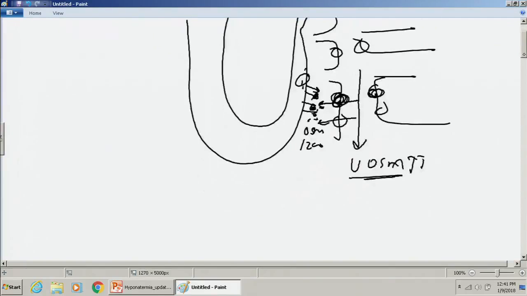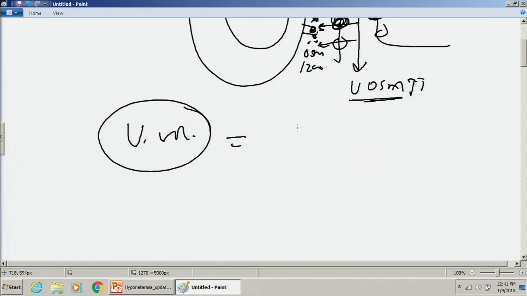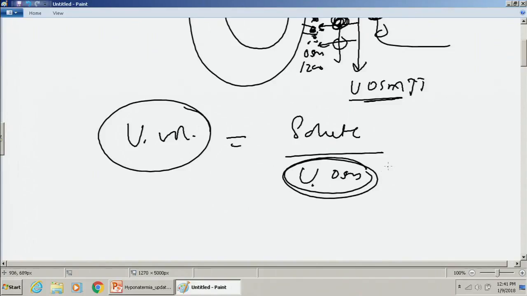So why I brought this up is just for you guys to understand what is going on with SIADH, okay? So when you go by the urine volume, urine volume is dependent on how much solute is in the body divided by the osmolarity. This is a simple formula from your physics, okay? So we're saying this urine osmolarity is very high to begin with. If this is very high, the urine volume will be less. So that means you're able to get rid of less free water and you're in the scenario of persistent hyponatremia,